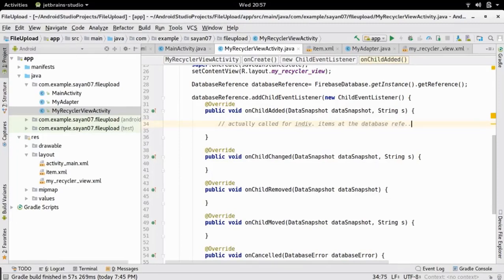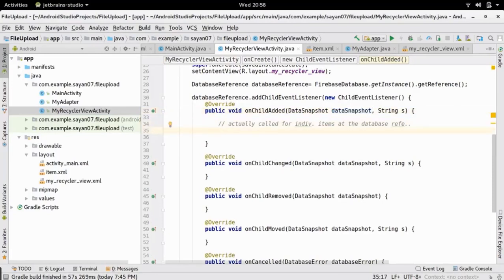So this child added method is actually called for individual items at this database reference, and the items are actually stored in this data snapshot object. So we are going to use this object to fetch our individual items. So we are going to fetch the name of the file by writing string file name and using the data snapshot object dot get key.